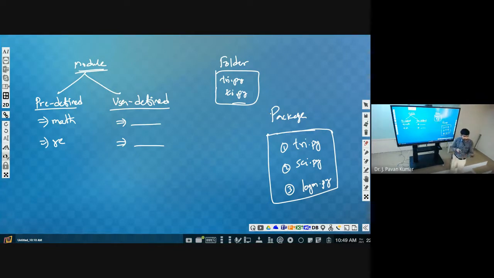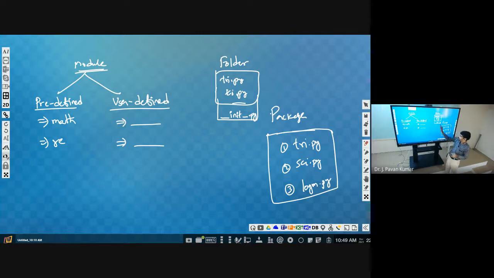Now you may get a doubt: how can it identify this as a package? It is a normal folder, right? To identify it as a package, inside this folder we need one mandatory file called underscore init underscore .py. It should start with underscore init underscore .py.